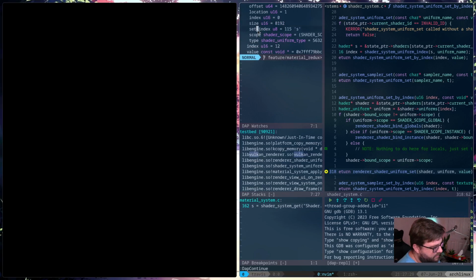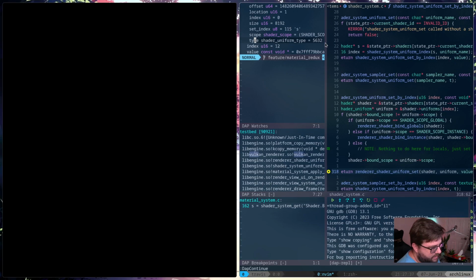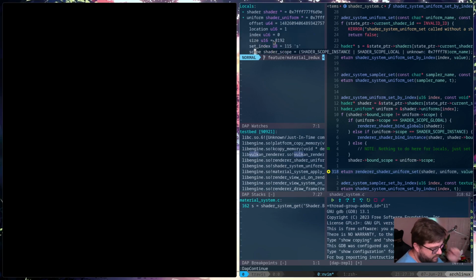Set index is 115. That doesn't look right. Shader uniform type is 5632. That's definitely not right. So our uniform information is actually way foobar. Check out this offset. So that's interesting.